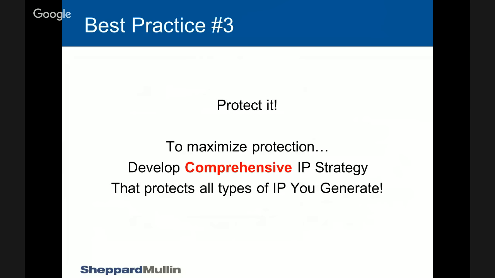Okay, so from a protection perspective, as I started to say, it's important to develop a comprehensive IP strategy. In my mind, it's not a good question to ask what's better, patents or copyrights. They cover different things. If someone takes your core game mechanic but changes the look and feel, copyright protection is not going to help you. Patents will. If someone copies the look and feel but changes the mechanic, then copyright might protect you more than patents. And trademarks, again, is kind of in a separate category. But patents and copyrights are not mutually exclusive by any means.